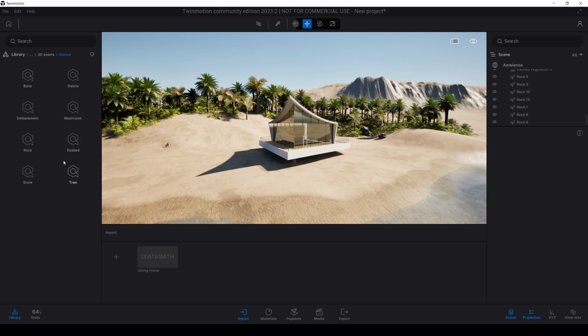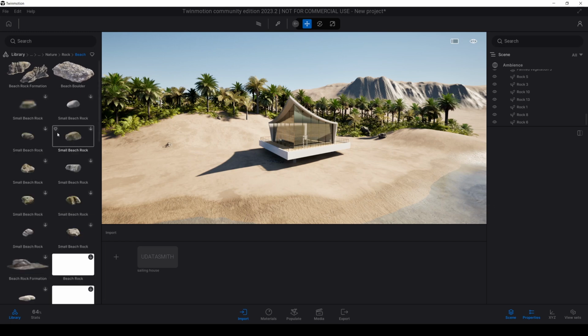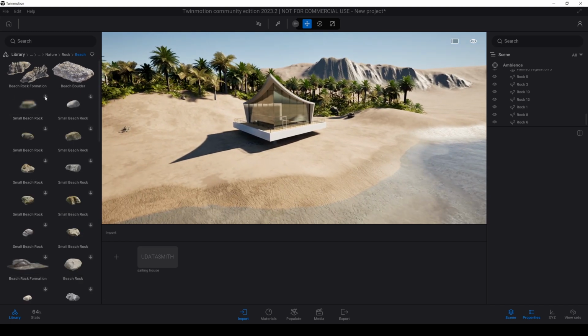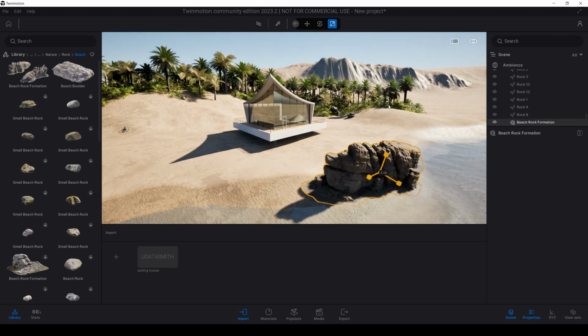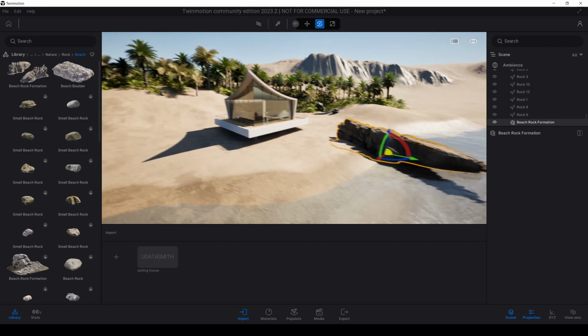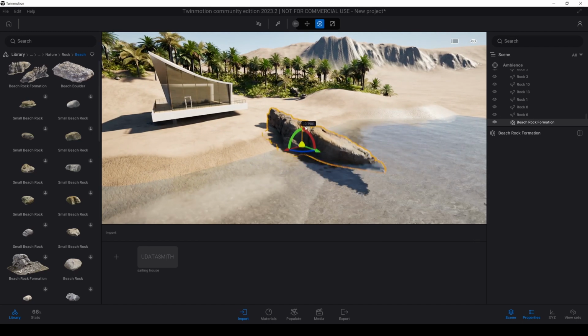From the nature, we have rock here too. Click the beach and we have very nice rock styles here. I want to use this beach rock formation and change its scale, something like this, and place it into the sea.